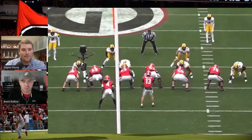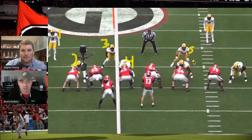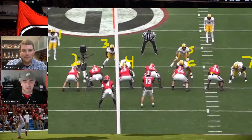Yeah, and the biggest thing that I want anyone to see with the running game is it's numbers. So many coaches say this all the time: numbers, angles, and grass. Can you get a numbers advantage? Can you get the proper angles? Or can you get your players in space and give them a lot of green grass to go have success in the running game? Here, what we see, and this is obviously a condensed view from behind, but